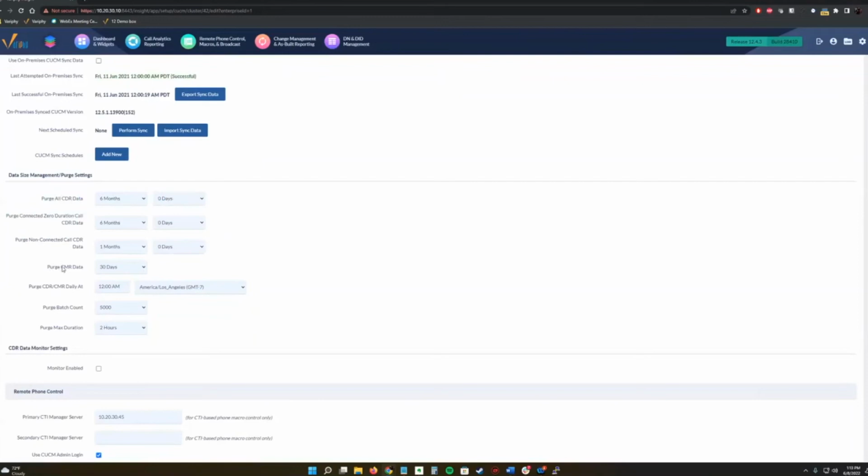But one thing I suggest is this CMR data. This is call quality data. Just from my experience in the Cisco world, I would probably set this to 14 days. Most people aren't going to complain about having a bad call, maybe week of, day of type thing. And if you need to go back, I wouldn't see why you would need to go back any further. Now you can set this to whatever you think you guys might need in your environment, but I think 14 days seems reasonable enough when it comes to the call quality data.